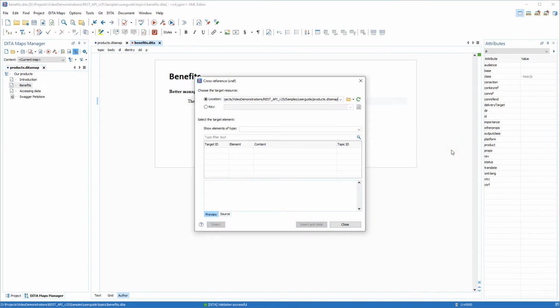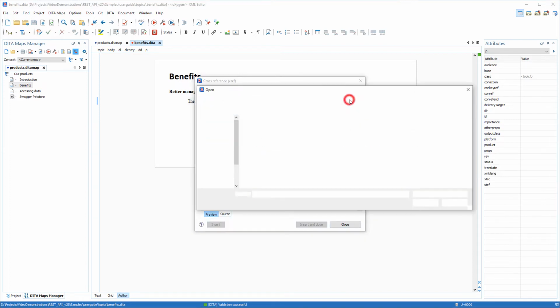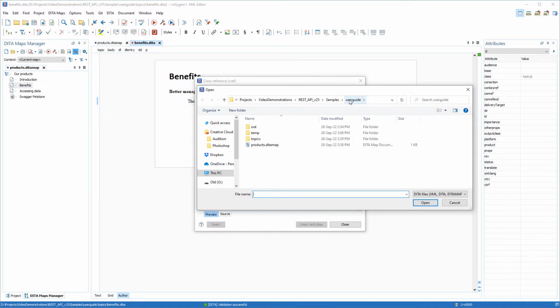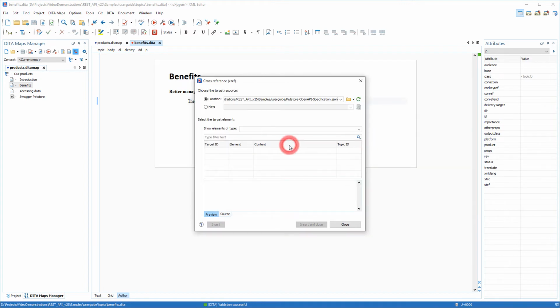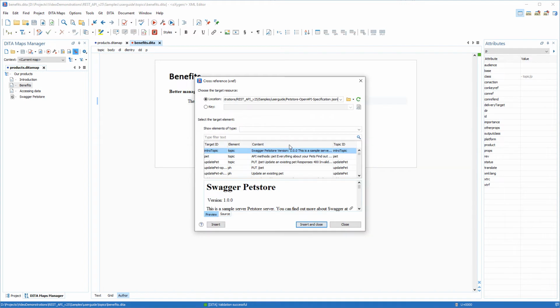I'll click the Browsing button to locate my target OpenAPI file. In this dialog box, I need to change the file type to DITA-compatible files, and now my OpenAPI document appears, so I'll select it. Note that the content of the OpenAPI document is converted to DITA in the background, so it allows me to insert references the same as with any DITA content.